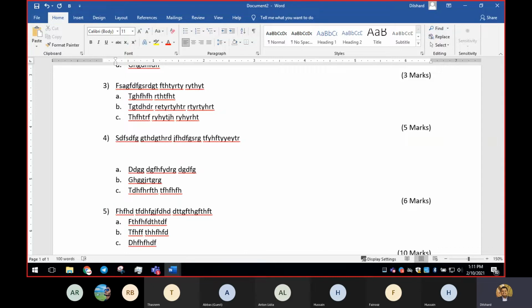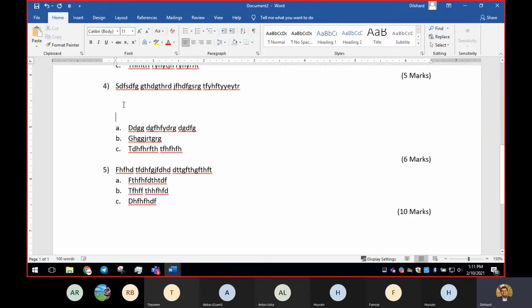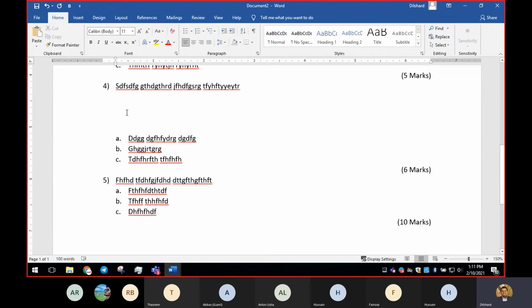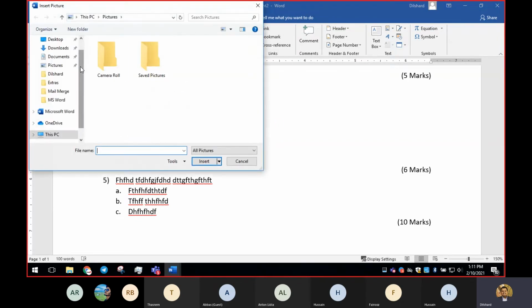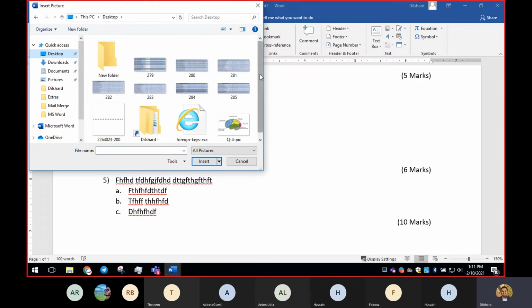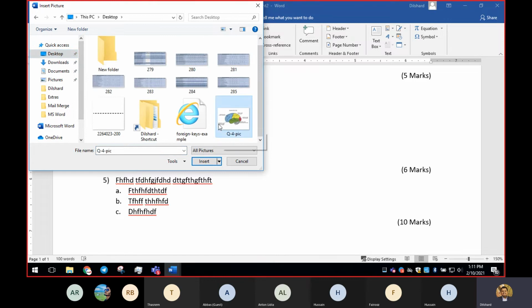Now press enter to generate some space, and we'll give it something like this, and we're going to go to insert, and we have pictures, and from this device, or you are willing to download an image from online. So these are the two options that are available. I'm going to insert it from this device, I mean from my laptop. So I'm going to click this device, and we're going to select where you have the image. So I have my picture saved on my desktop, so I'm going to select this.